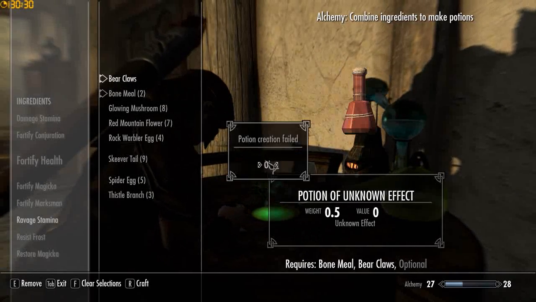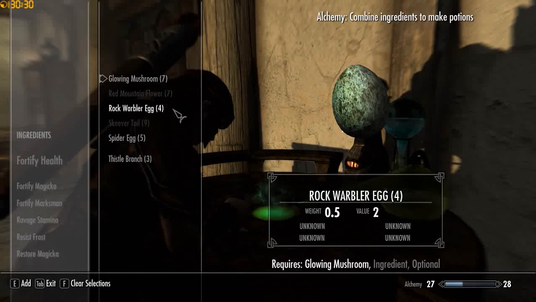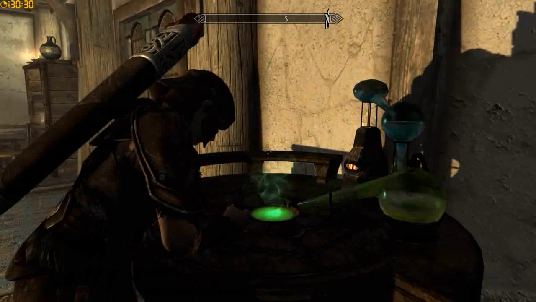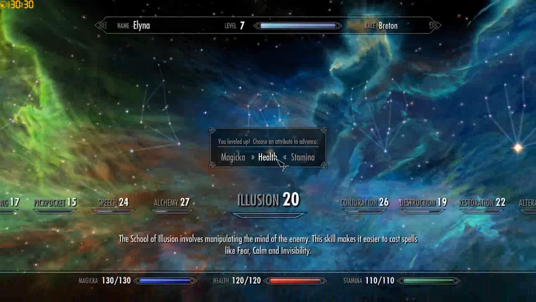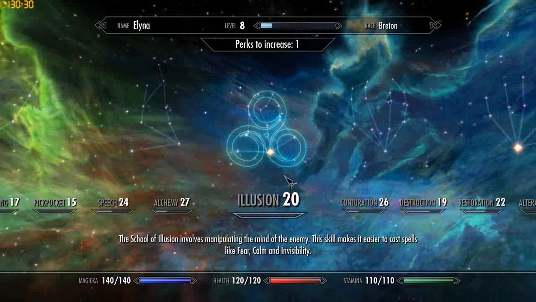So I'm just mixing things together. Most of the ingredients I've got left I want to keep, so let's level up. Again, I've done the 3-2-1 with magicka, health, and stamina. It's roughly what Trenka recommends. You can do it any way you want, but that's a good mix. So I'm going to go magicka again. Magicka's going to be an important part, and I'm going to go